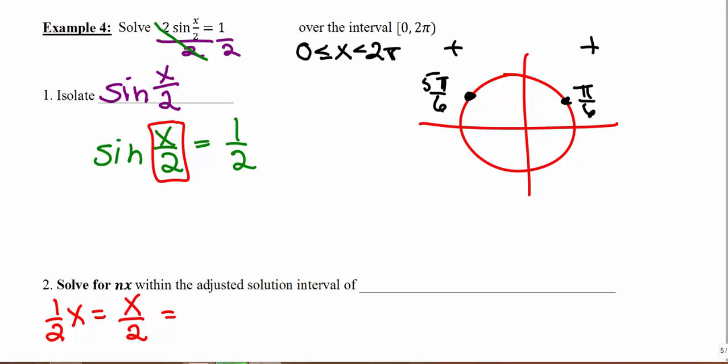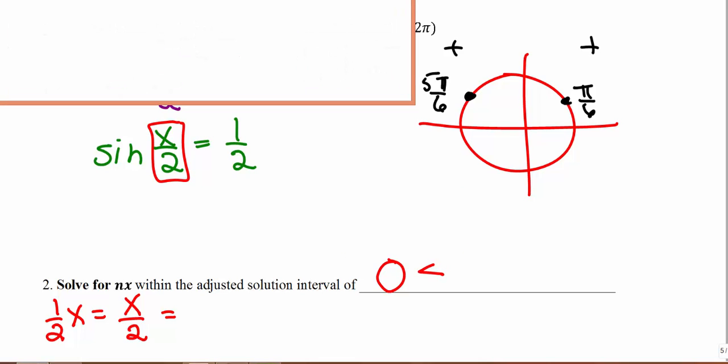And what we're originally solving for is x between 0 and 2 pi, but what we have to solve for initially is x over 2. So if I go through and I divide everything through by 2, that tells me that I have to first solve for x over 2, in between